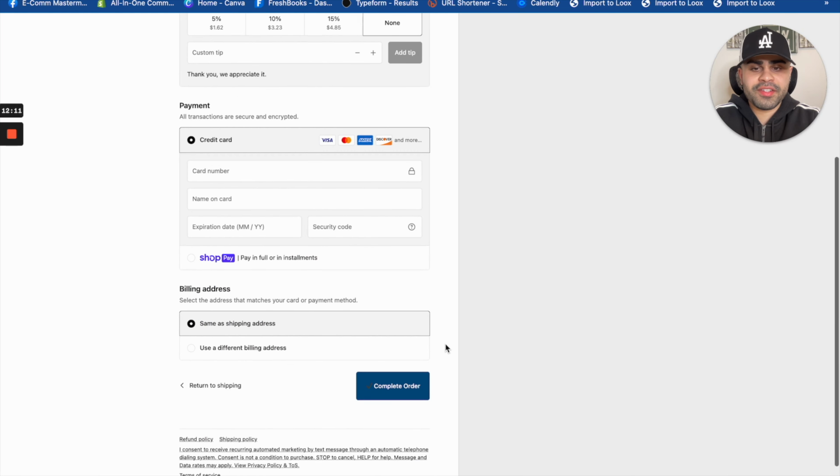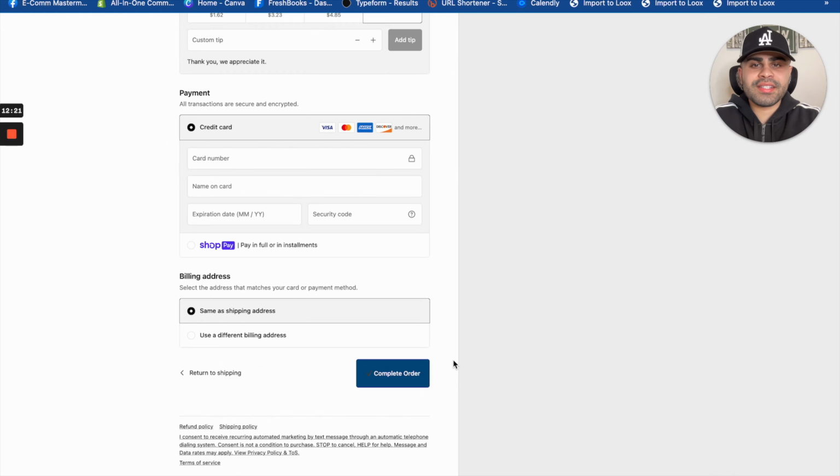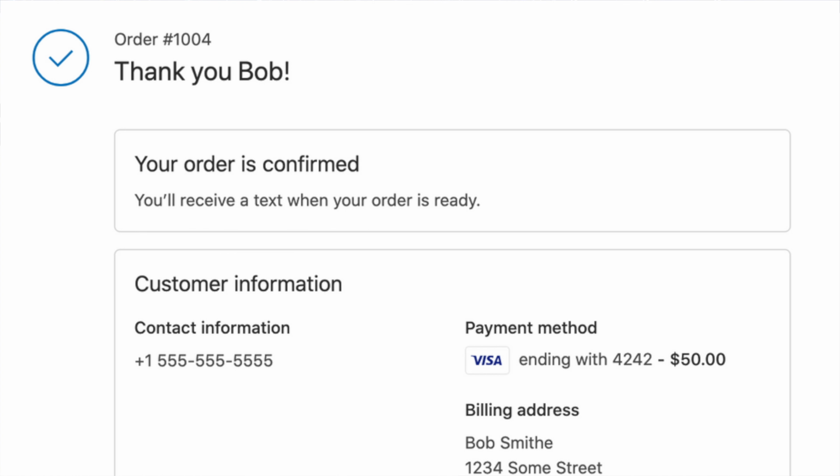And obviously this is the last step of the funnel. And over here by default, it'll say something called pay now, but I have complete order. This is way more neutral. Pay now has more of a guilty association feeling with it, right? Like, I don't know if I want to pay now, aka give my money, but complete order is a little bit more neutral, a little bit more intuitive, right? So this really increases the chances of a customer completing the last step and actually placing the order on your